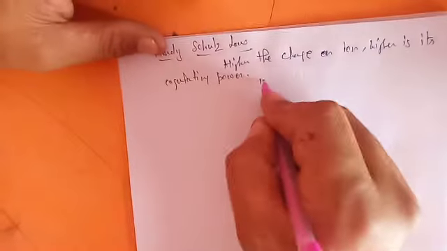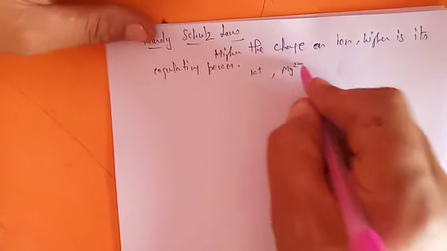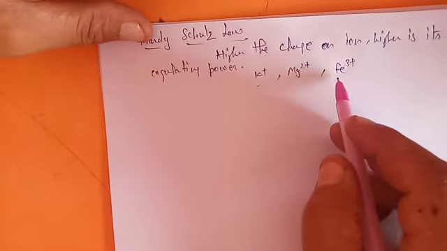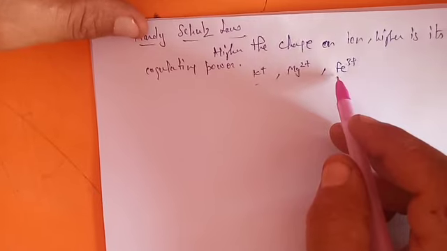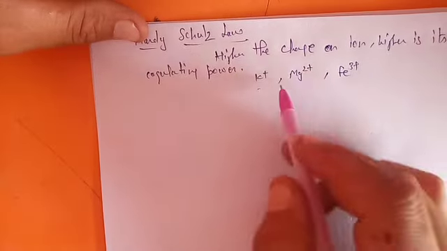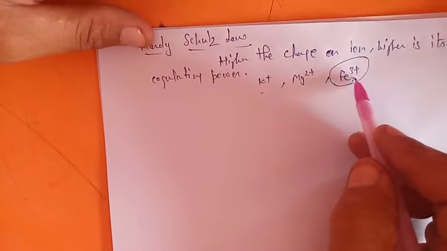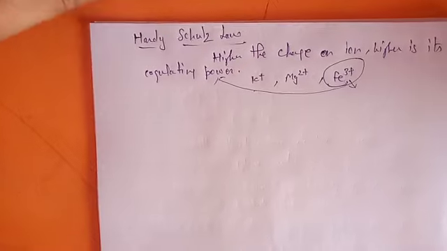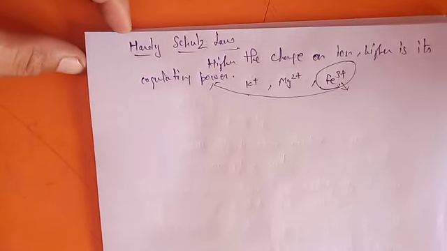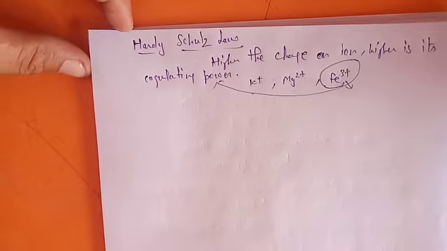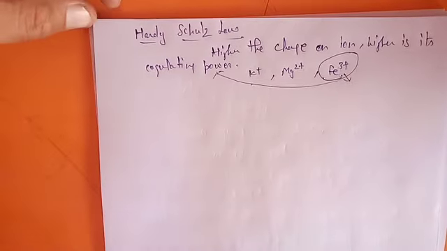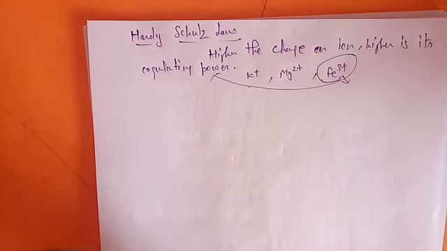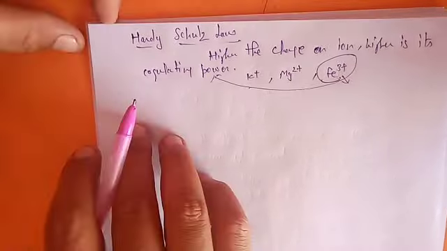Like if you compare K positive, Mg 2 positive and Fe3 positive, you know that these are positive ions and hence help in coagulation of negatively charged sols. But if you use Fe3 positive, that will have more coagulating power because it has a higher charge on it. It will be able to neutralize more charge. That's why its coagulating power is quite high. Is it clear? So we can explain with the Hardy-Schulze law how our coagulating agent acts fast. Okay.